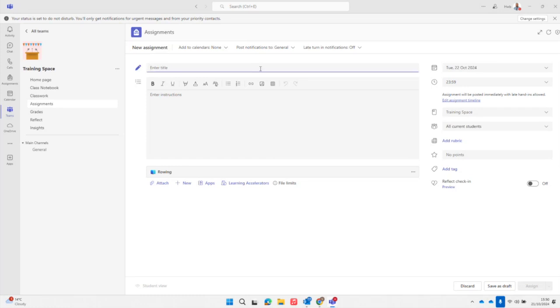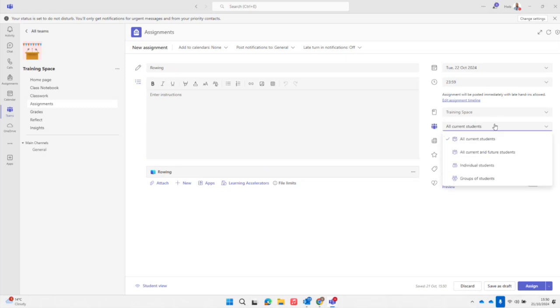I can give my assignment a title, and then I can provide some instructions here about my assignment, depending on what I want to do. On the right-hand side, I can choose when that assignment goes live and how long I've got until it closes. I can choose which students I want it to go to. Depending on how you've got your class set up, I could do it for everyone in the class. I can select individual students. If I'm looking at differentiating for different learners, I can select individuals,